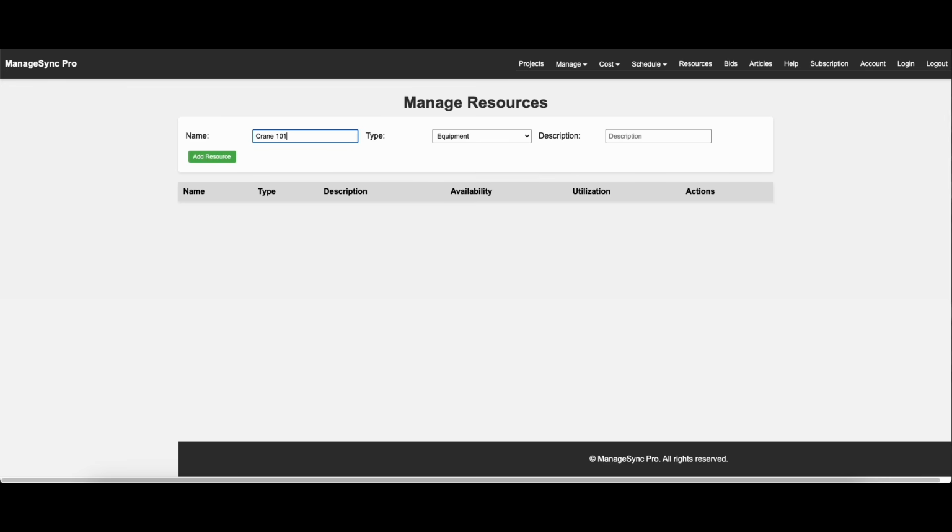101, whatever you might have. You may have names for your equipment, and then you'll add a description, model T, 2000 horsepower. Okay, so you add that in here. Let's add in a cement mixer as well. Cement mixer